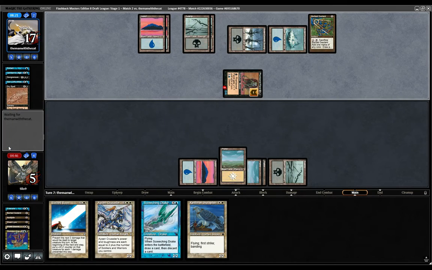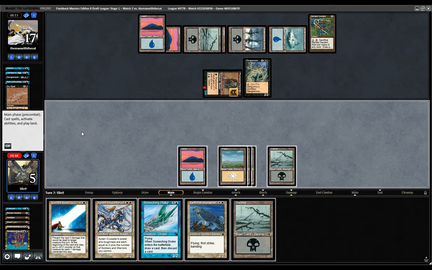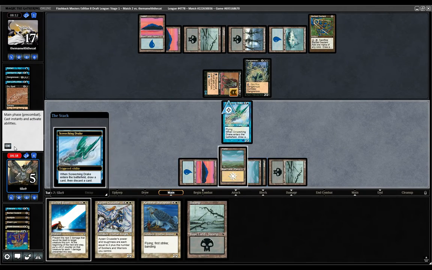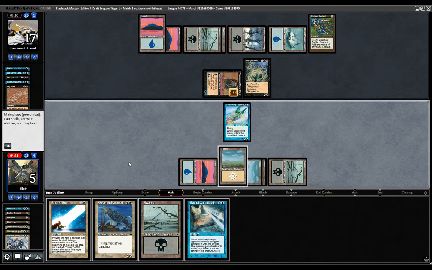That's okay, because we finally have dealt with everything of consequence. Yeah, now we can just play, like... Now we can play Screeching Drake. No, we can play, like... How about Screeching Drake? Yeah, because we have 6 mana here. Yeah, that's our biggest creature, but